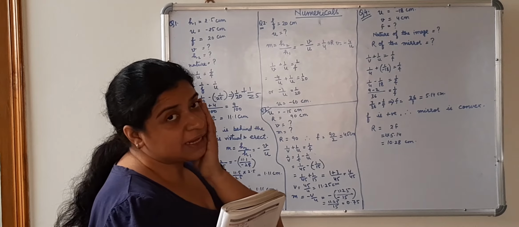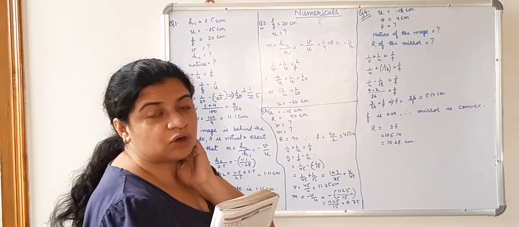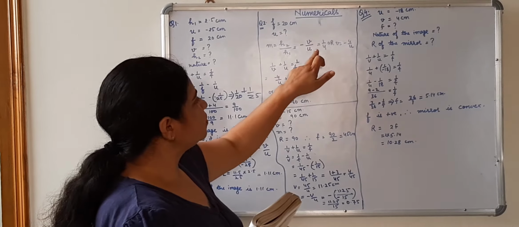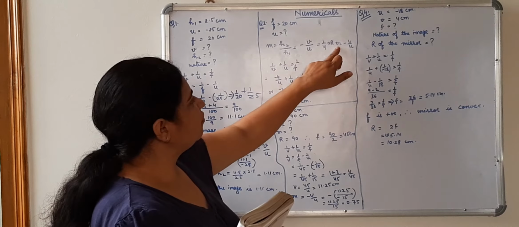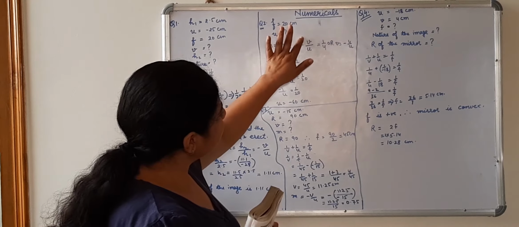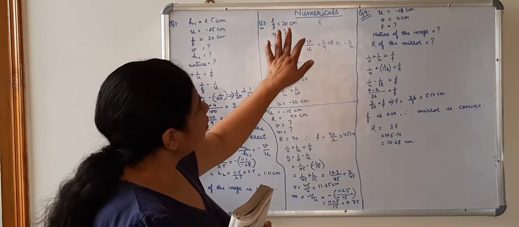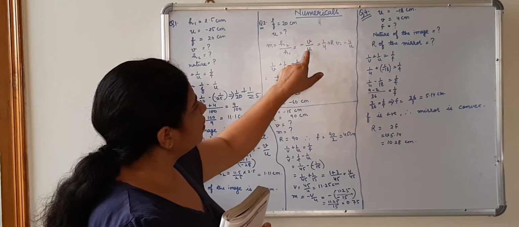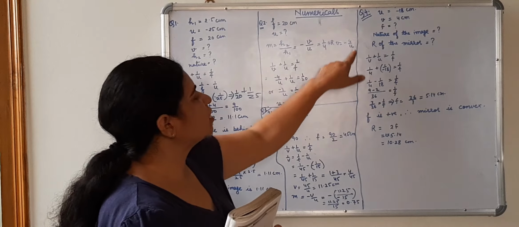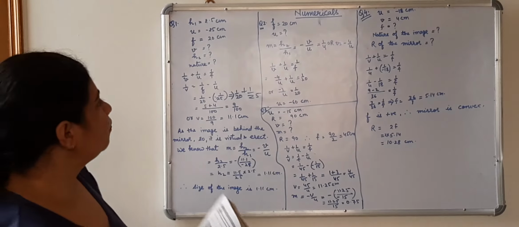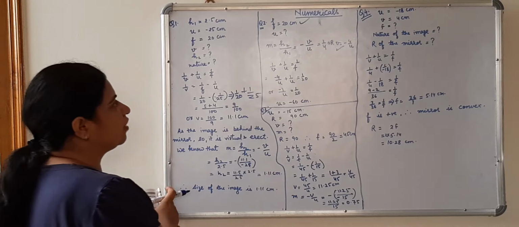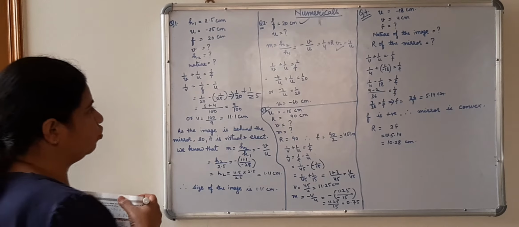They have told us that the ratio of the size of the image to the object is 1/4 of the object, a quarter of the object. When I solve this, I get v = -4u. How? Take -4v, v equals u, then you take that side and remove the minus sign, and you will get v = -4u. So I have the value of f, I have the value of v, I can find out the value of u which we were asked to find out.